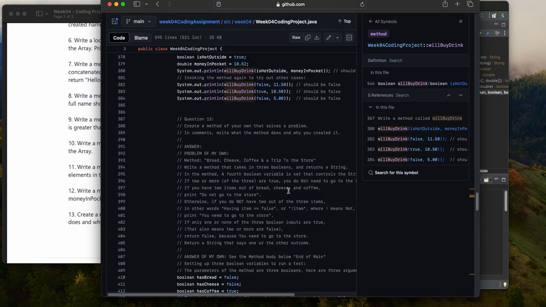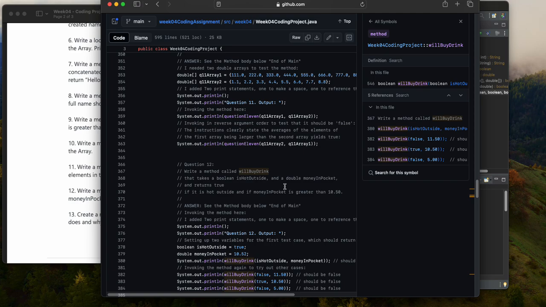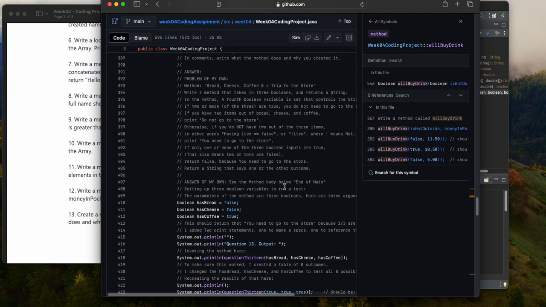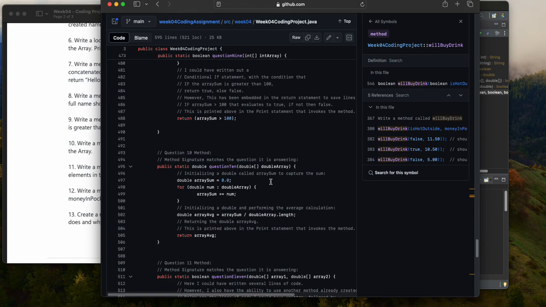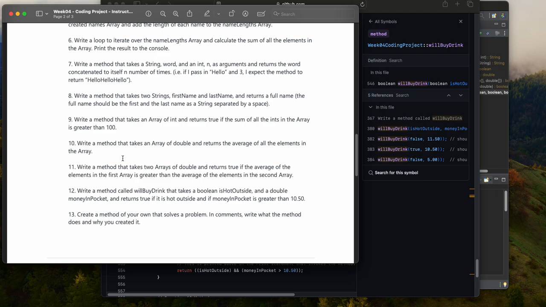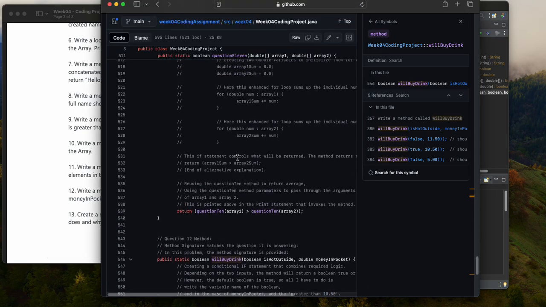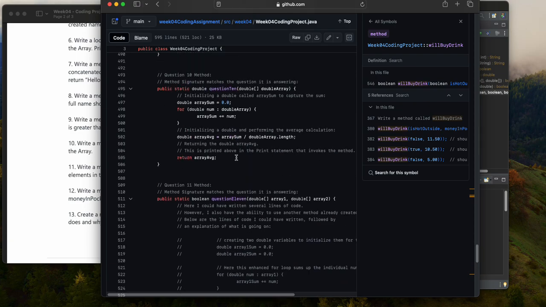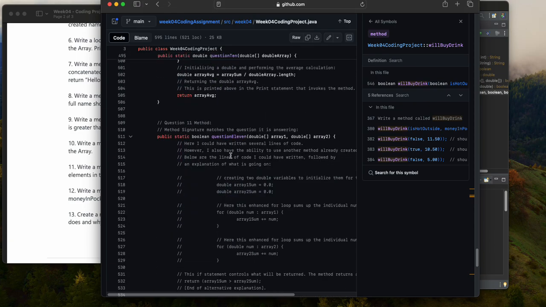So I wrote the code. Essentially, I wrote the code first, went through, and then made some comments. And this was a good experience. I went through, and I noticed that I had misinterpreted some questions. Question 10 and 11, it asks for the average, and originally I had just taken the sums and not done the average, but upon review, and especially when making the comments, I was double checking everything and found that